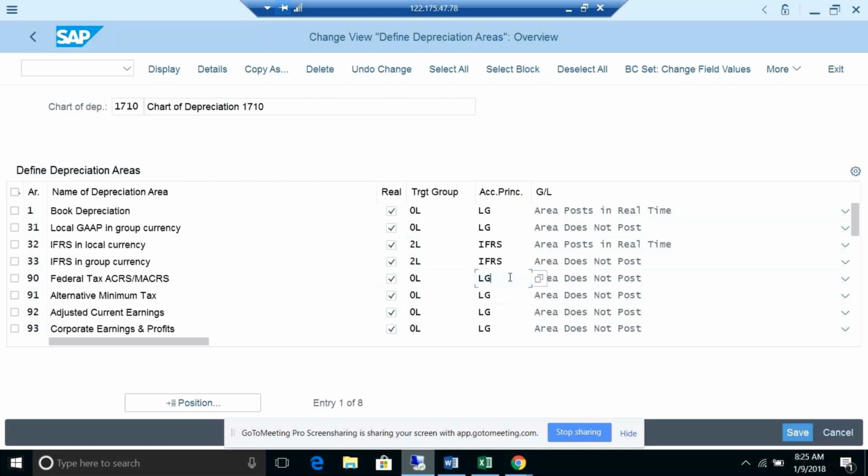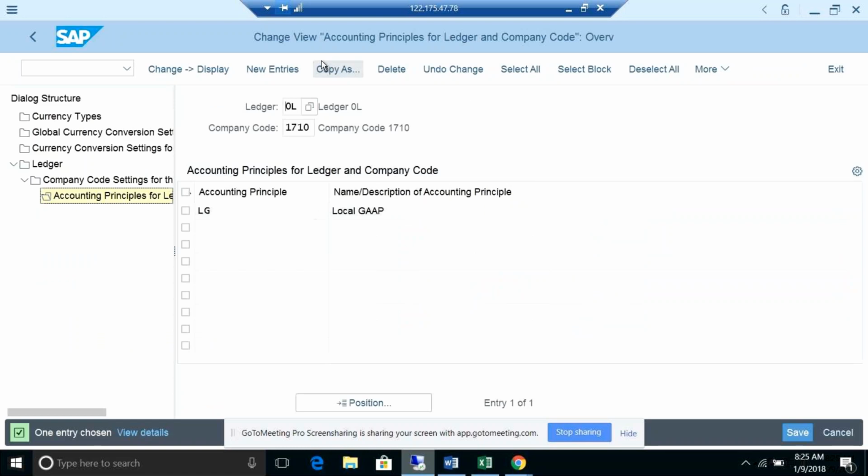Yes. For example, you have one more accounting principle added. Let me go slowly. To the ledger, my 0L, now I have only one accounting principle. If I wanted to show my 0L for my book depreciation area, I wanted to report in US GAAP also. Then what I need to do is add US GAAP here as one more accounting principle.